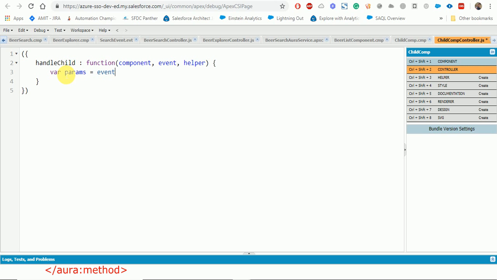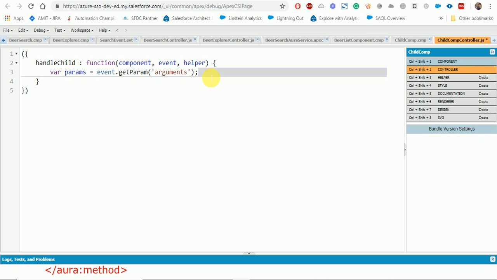So here for getting the parameters, we have the method get param that we earlier saw, and for getting the parameters that are being passed from the parent controller method, there is a parameter name called arguments, and in this parameter we will get all the arguments. As of now we are passing only one. If you are passing more than one, we will get all the parameters over here.